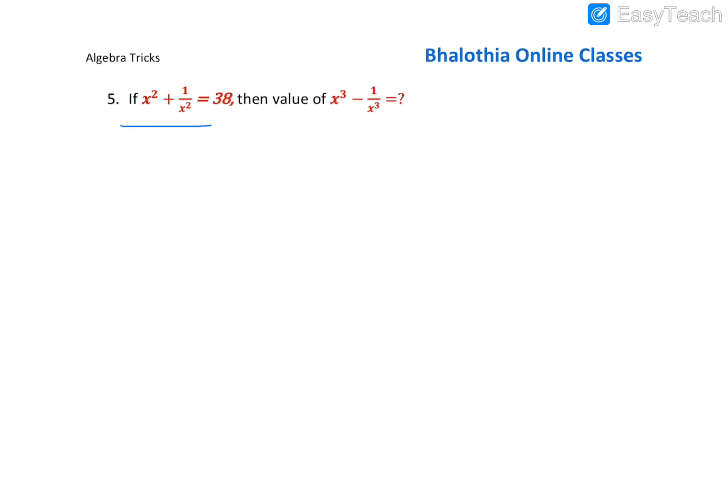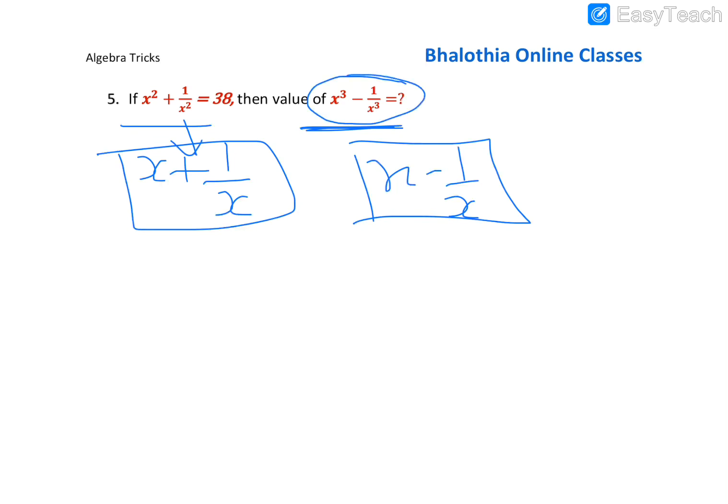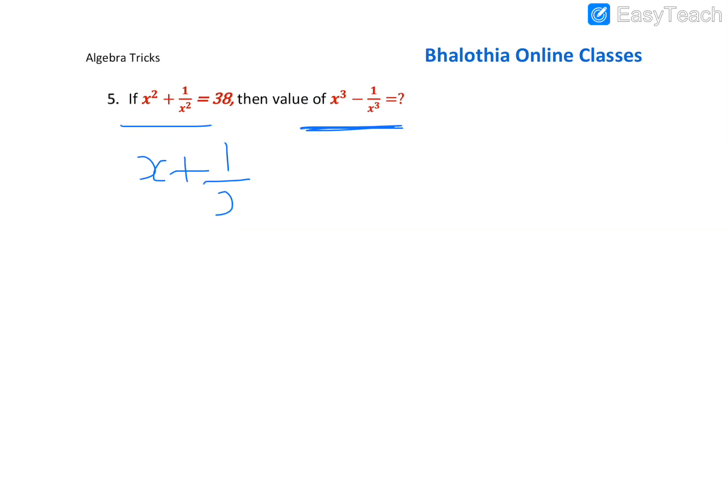In the next question, x square plus 1 upon x square is given, and then the minus is asked. So again we will use our trick. See here what we have to find. From this one, either this one or x minus 1 upon x, these two values we can get from this. So which one should we get? Because we are trying to get the final value in the minus, we will get this value from this one. Okay, so how will we get that? In case of minus, what is the formula for square?